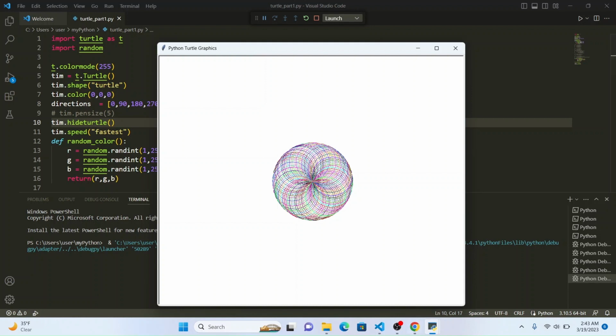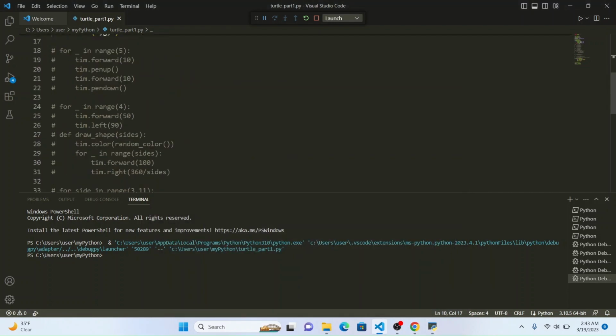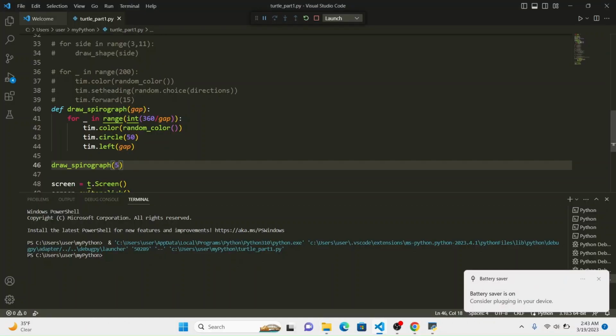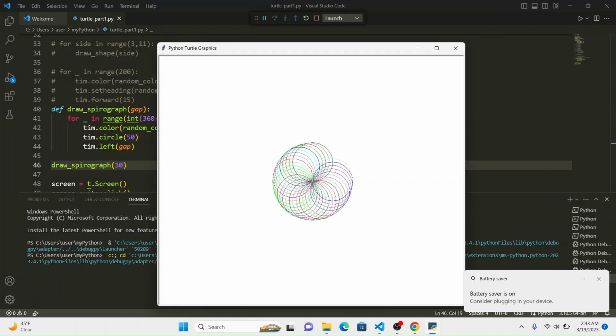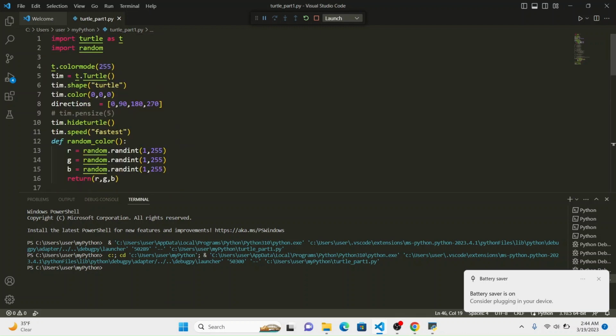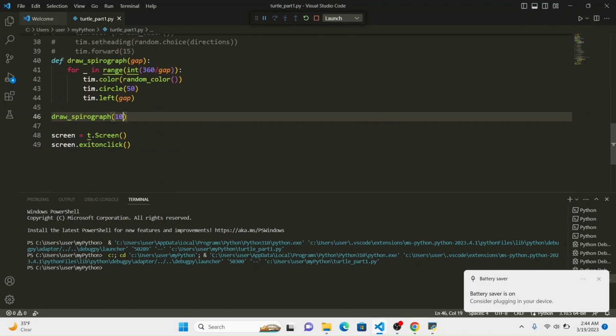Awesome. So this way we are able to achieve drawing a spirograph, and we can even change the gap to 10 and look how it looks. So 10 looks even better. So this way we can draw cool graphics